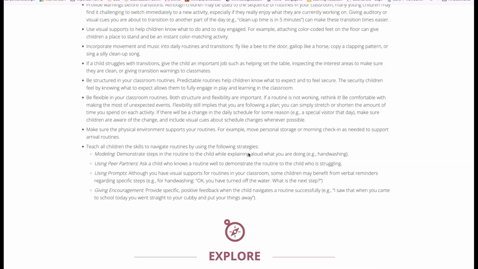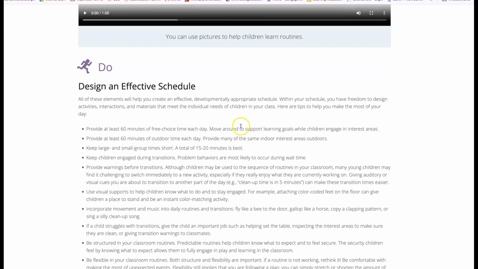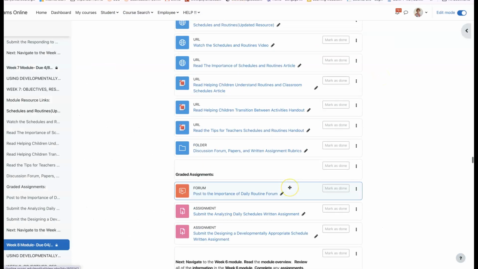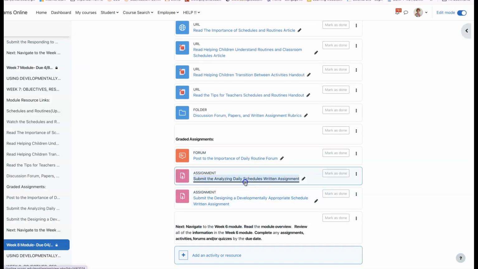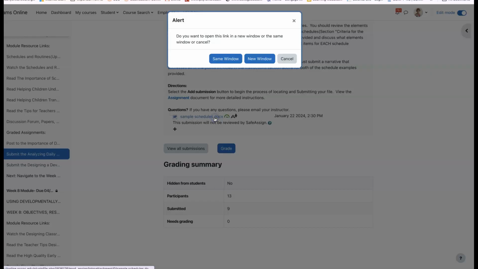So when you look over at the sample schedules, you want to look for these elements in this resource and your book, etc. So one thing that I want you to do, as far as this assignment right here, submit the daily schedule written. I want you to look at these schedules again.